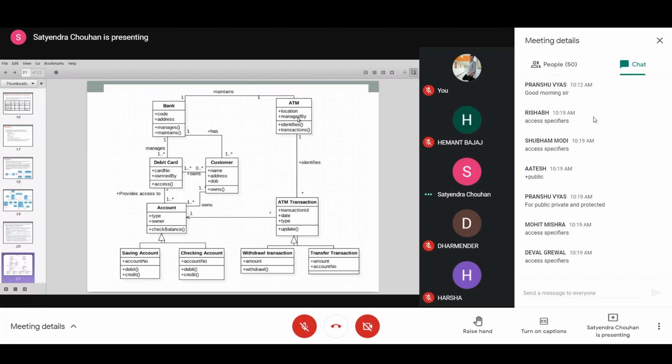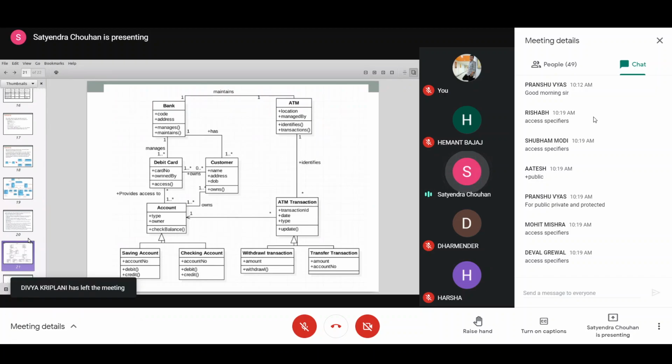So the whole diagram that you can see here represents the class diagram. It might be possible in your lab exercises that you are not provided any written description, only the class diagram, and then you have to understand how you are going to implement it.